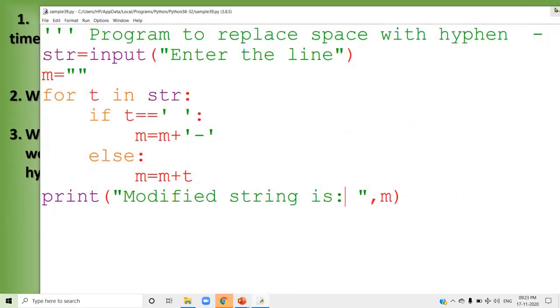So whenever you copy down the programs into your notebook, first write down the logic, and after that copy down the program. For this program, first you have to extract characters from the string and check whether the character is a space. If it is a space, copy a hyphen into the new string. If it is not a space, then copy that character into the new string. So this is the way you have to write the logic, then write down the program. Okay, try out all these programs in your